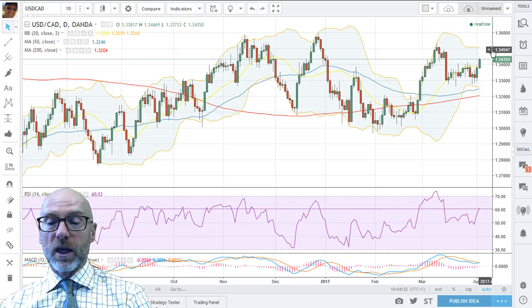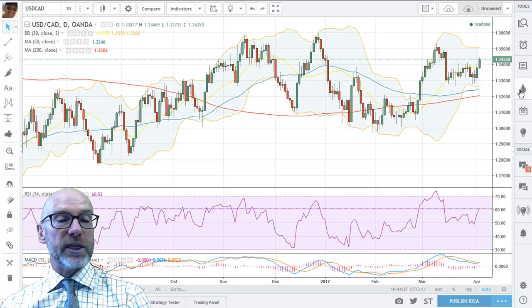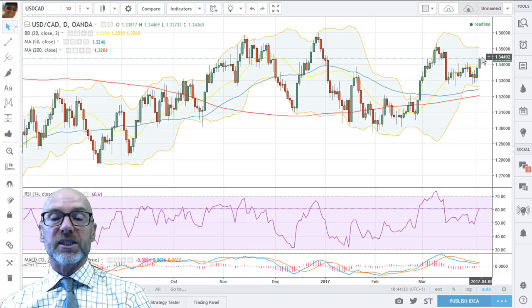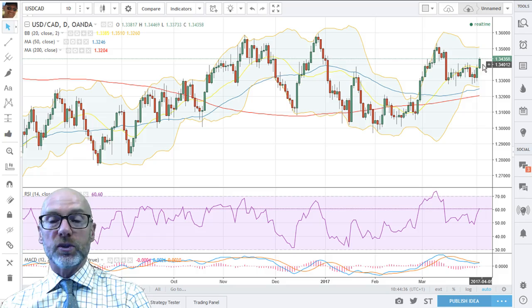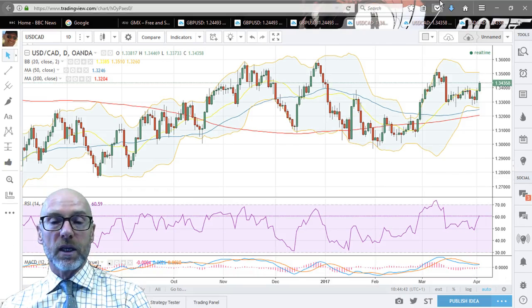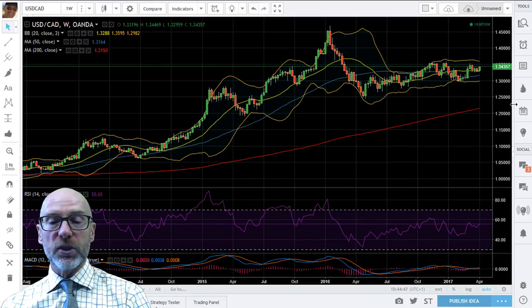135 level. On the downside, there's support from the 50-day moving average, 132.46, and then the 200-day moving average. As the index stays above the 20-day, that will start to move up and maybe give the trampoline effect to push this currency higher. On the weekly, you can see that after the declines that we had leading into the